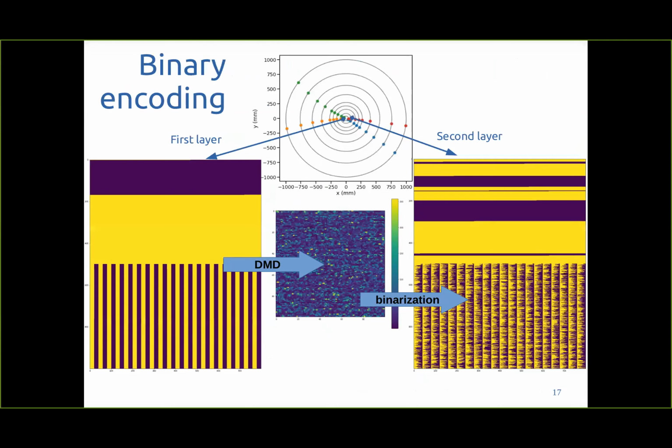What we used was something called reservoir computing, with the idea that as we go to the next layer, we keep some memory of what happened in the previous layer. If you start with the first layer, you allocate half of the DMD to the position of the points in the first layer, and half of it to some random pattern, which is 50% on. You pass it through the DMD, and you have your random variables.